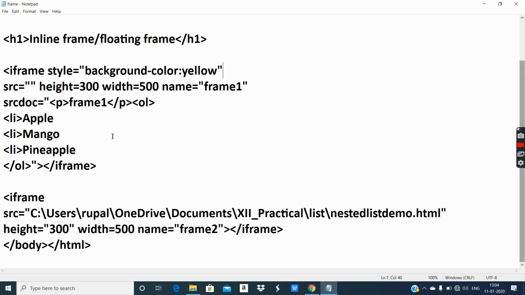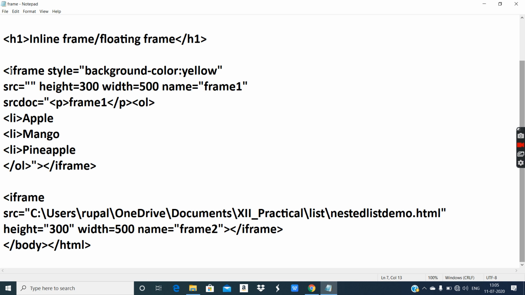Originally, the iframe tag has no such attribute to provide a background color, but you can definitely provide a background color with the help of CSS, with the help of inline style sheet, and inline style sheet uses style as the global attribute. You are aware about this. Not only one, you can provide multiple CSS properties the way you want to make it more attractive. Style is supported by all tags.